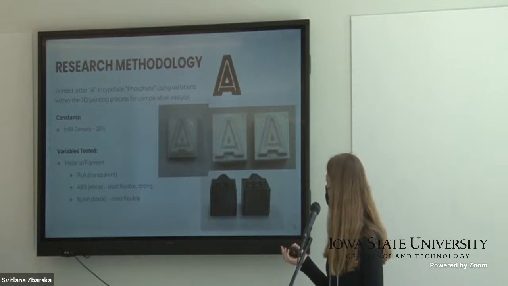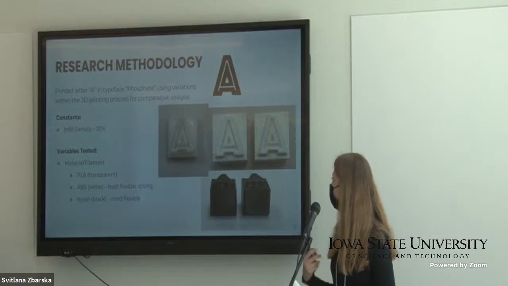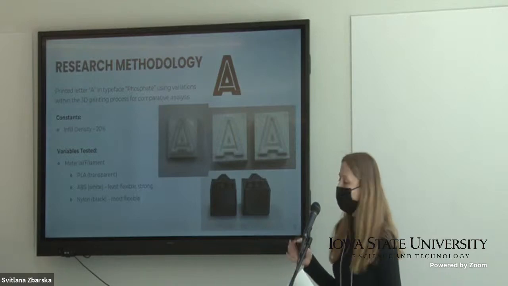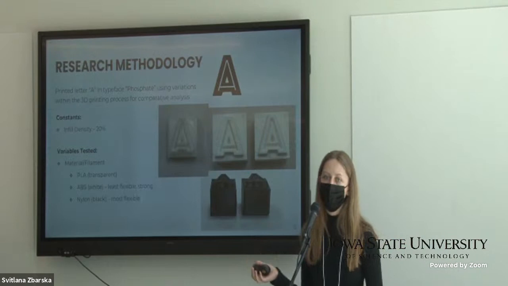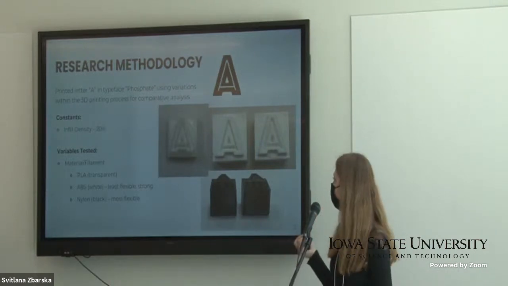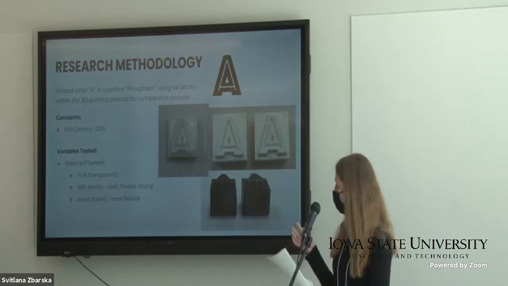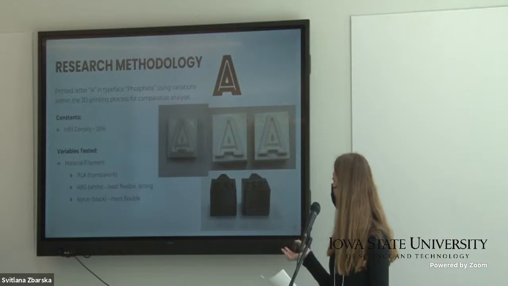We couldn't quite test all the possibilities within the 3D printing process and software, but I will go over the main variables we tested. One of the variables we kept constant is the infill density. This refers to how much material gets put inside of whatever you're 3D printing. We used an infill density of 20%, which is a low infill density. Jumping into the variables we did test.